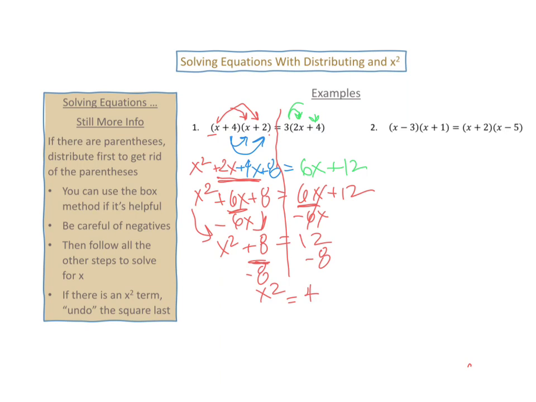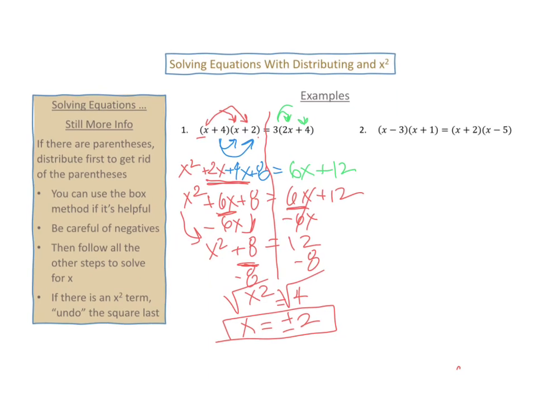Do my handy dandy square root of each side. Square root of x squared equals x. What's the square root of 4? If you said 2, you're only half right, because it's plus or minus 2. Isn't that maddening? All right, let's take a look at